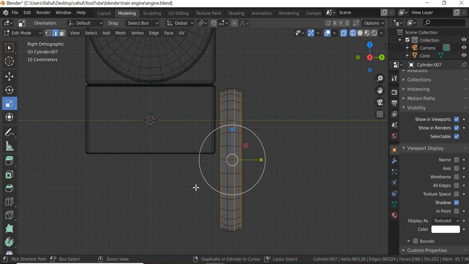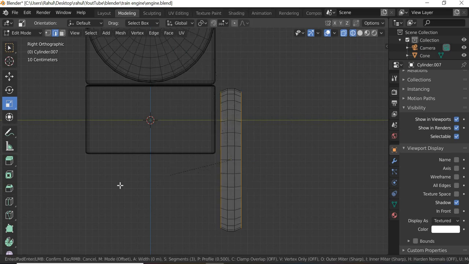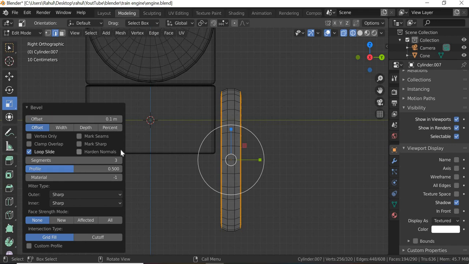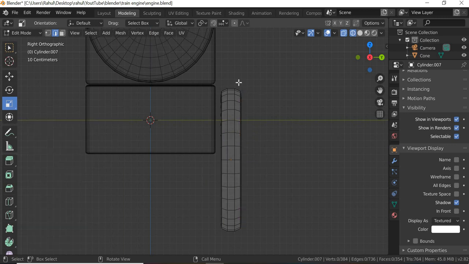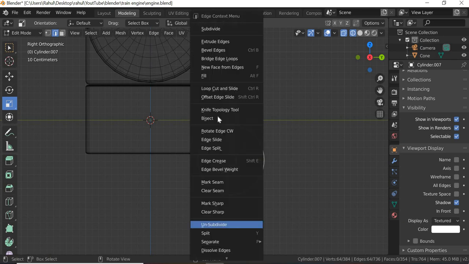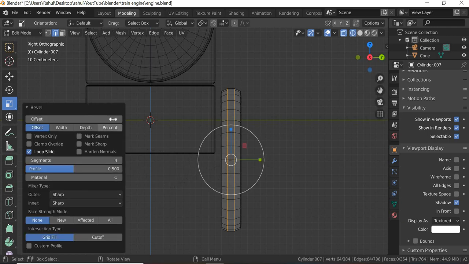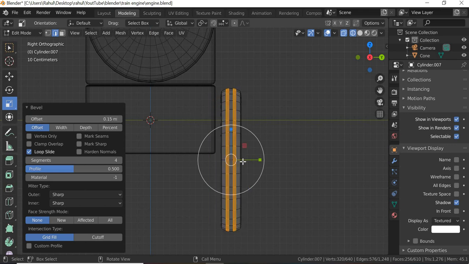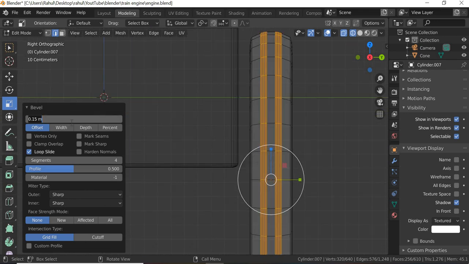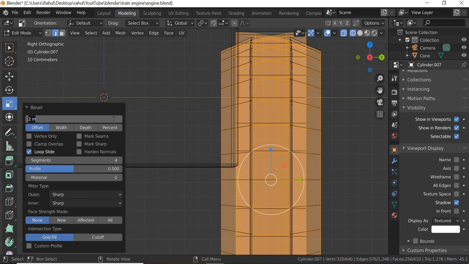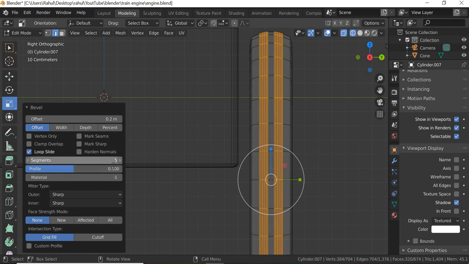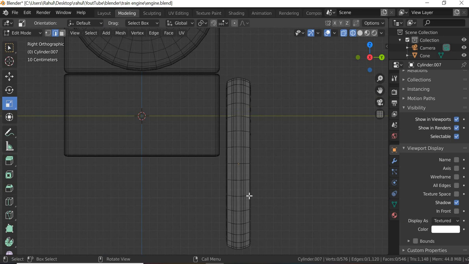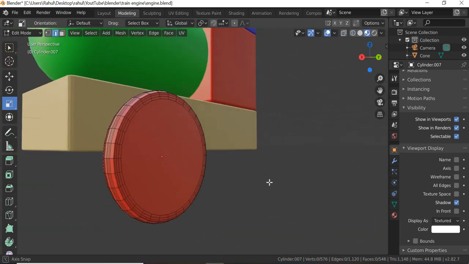Now in the middle we need more, so I will deselect the middle ones with these bevel edges, maybe 0.1 and 4, and select the middle ones one at a time. I will use a big number, 0.15 I guess. Okay, 0.2. Okay, and then this can be 0.3. So that will create